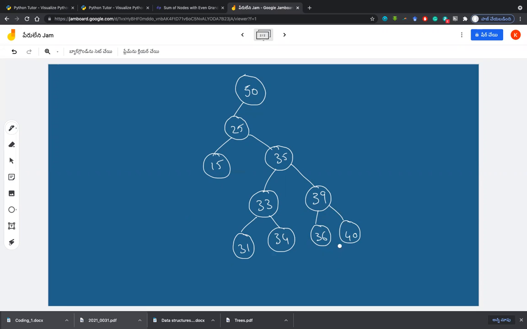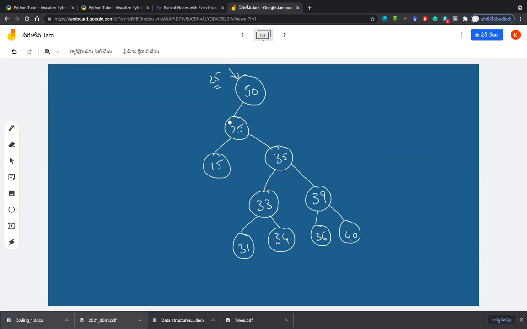I have a very big tree here. In this case also I want to delete 25. What shall I do now? I will start here. Again I am explaining: I will check whether 25 is equal to 50. No, and hence I will check 50's left. It is equal to 25.